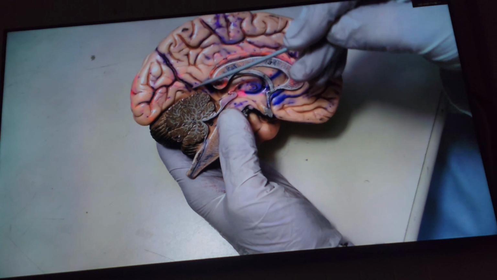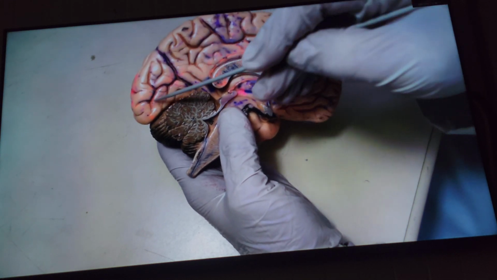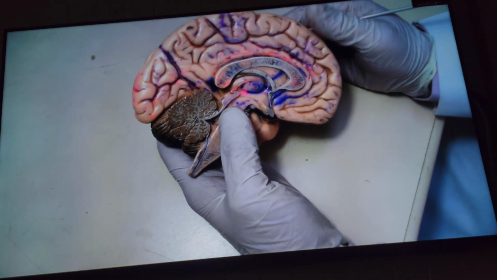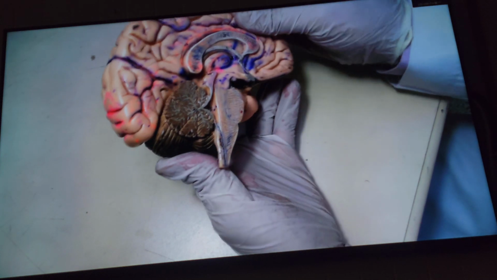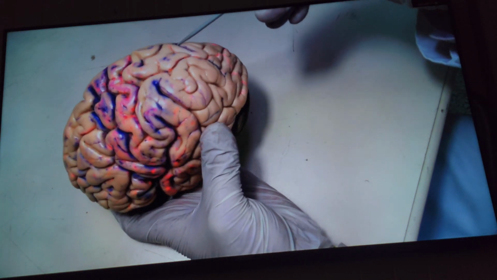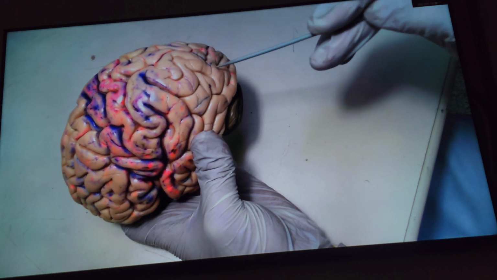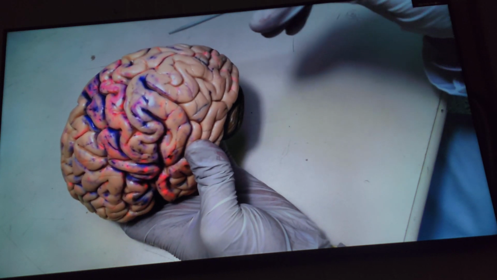This sulcus is called the calcarine sulcus, forming a Y-shaped configuration. Anteriorly is the parieto-occipital sulcus, and on the superolateral aspect of the cerebral hemisphere we can identify the